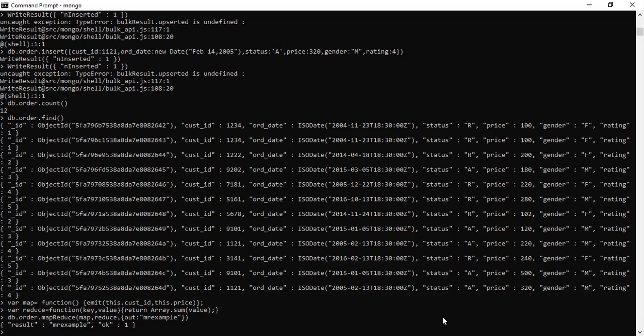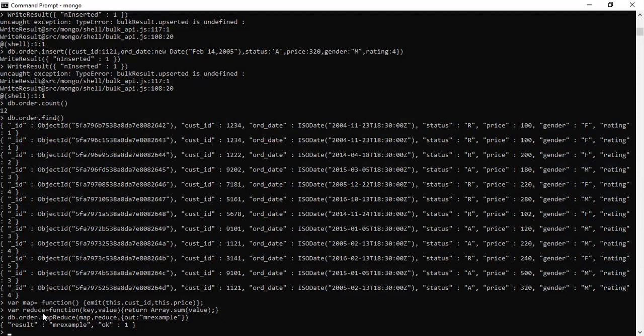Here we have performed a simple functionality. Var map, that is the mapping variable, equals function. What it does is emit a customer ID and price, because we want to return the total price per customer ID, meaning these two parameters we have to operate on in this map reduce operation. So emit two values, customer ID and price. It works like a this pointer, this dot customer ID and this dot price, so the object holds the current value of the customer ID and the price of that customer ID.